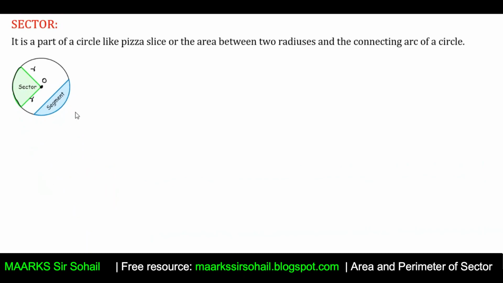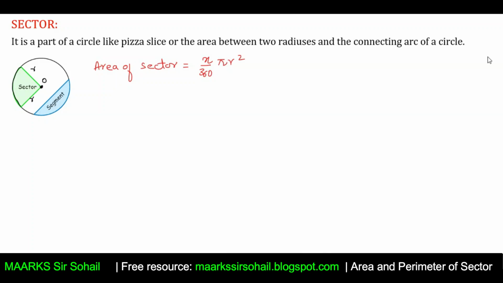So first, the area of a sector. But before I write the area of a sector, I'll ask: what is the area of a circle? Area of a circle is pi r squared. So when we talk about the area of a sector, it is just a fraction of a circle, right? You can see here it's a fraction of a circle, one piece of a circle. So the formula for this is x upon 360 multiplied by the area of the circle, which is pi r squared. So in this way you can learn this formula. So area of sector is x upon 360 pi r squared.